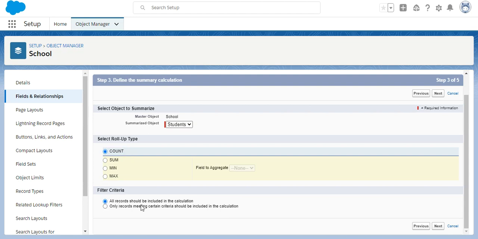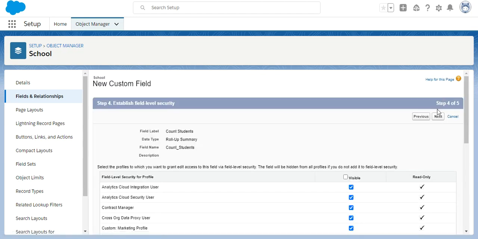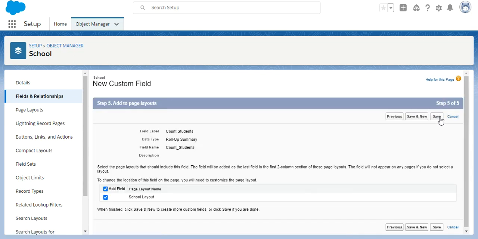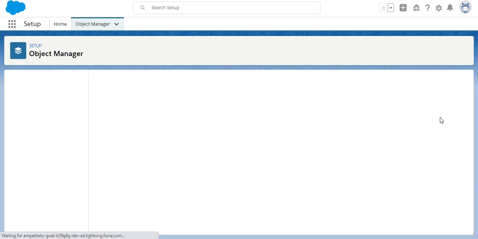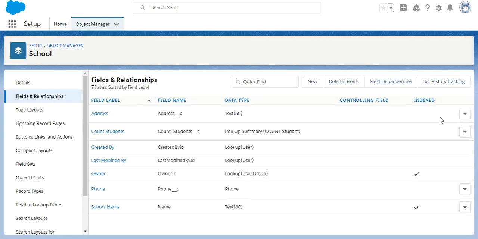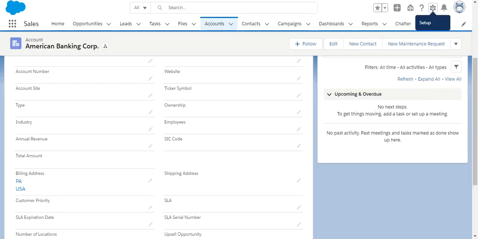And now I'm just selecting all records. Simply I want to calculate all records. I'm not going to set any filter criteria over here. So click on the next, then next, then save. So my roll up summary field has been created. Now it's time to check the things we have done. So just refresh the page,